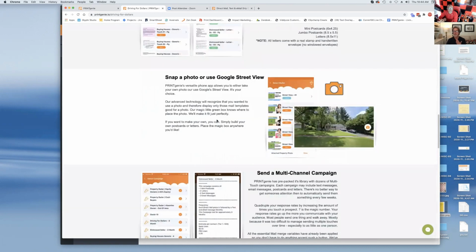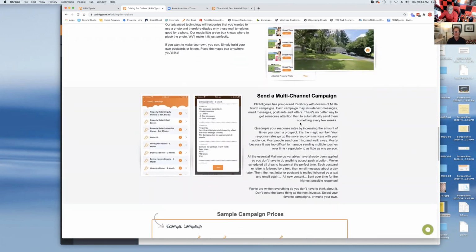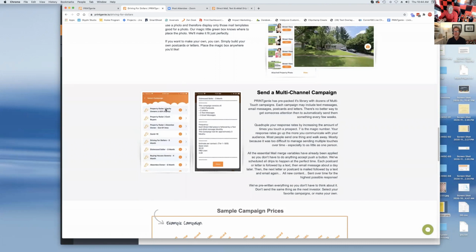Or it's like, wait a second, I want to take a picture of that property and then send that. And what it does then is it pulls up a different set of attributes or assets that are going to hold that photo. And of course, if you were a pro, you could have made your own postcard or letter. Or use Google Street View, and it'll pull up the Google Street View if you're bad at taking pictures. Or this is the creme de la creme really, is that you just send by clicking one button